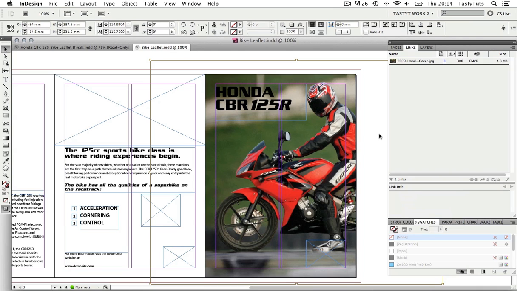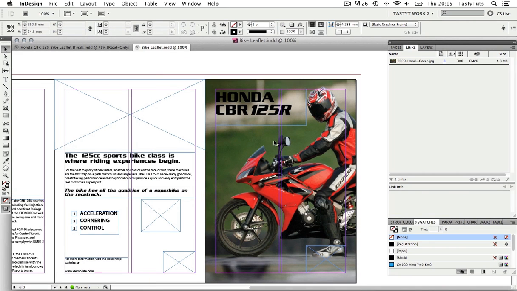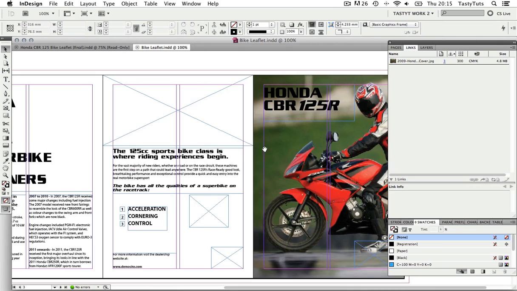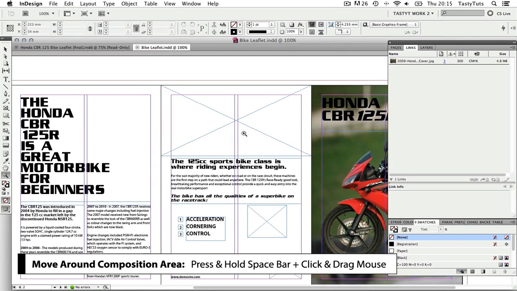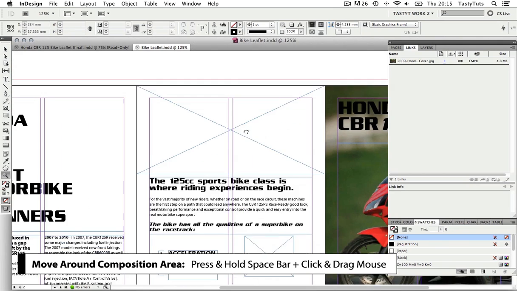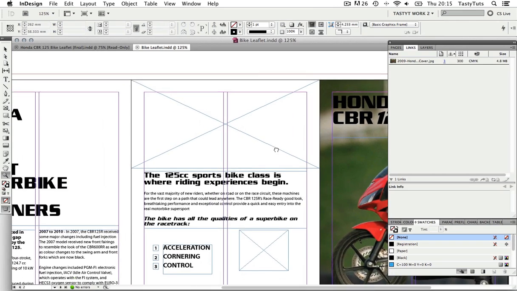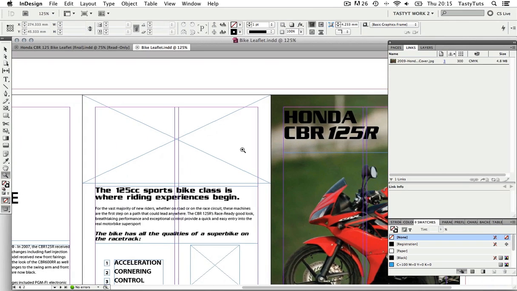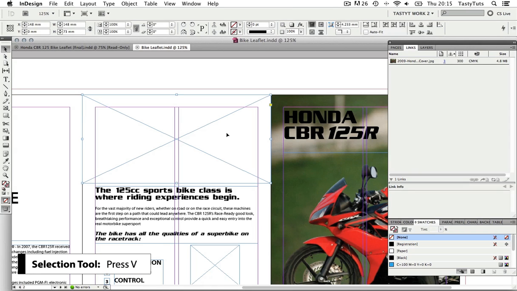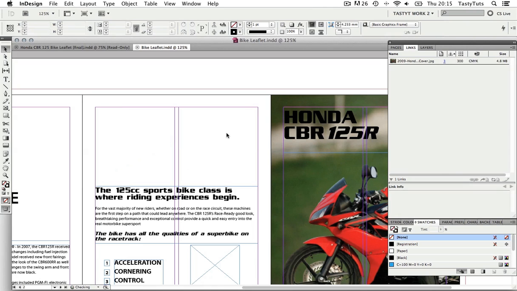Okay, so let's put the next image into the comp. This time I will place an image on the back page. I can move over to this page by pressing and holding on the spacebar. My mouse cursor will change to this hand symbol and I can then click and drag around my composition area like so. By pressing V, I can pull up my selection tool and I can see, like earlier, I already have a frame here ready to place another image. But in this instance, I'm going to select the frame and then press delete to remove this frame,